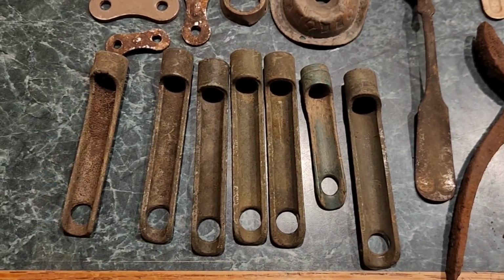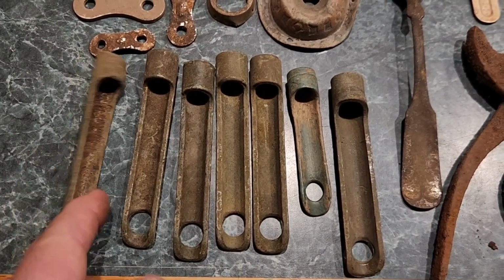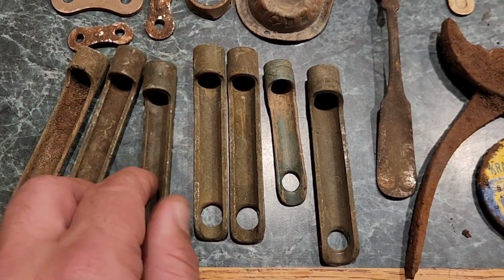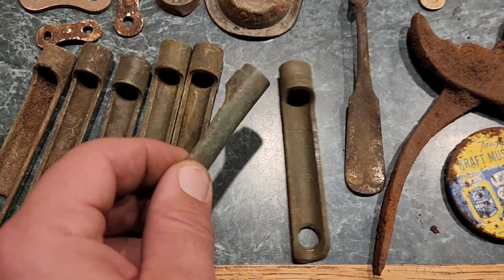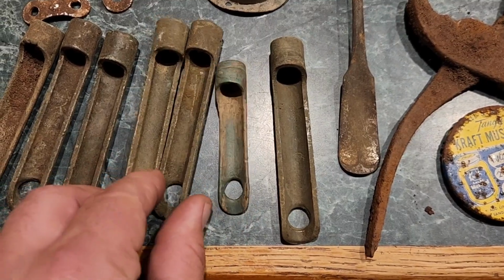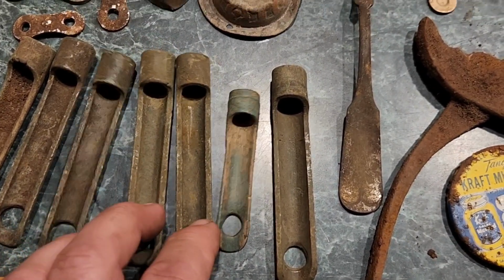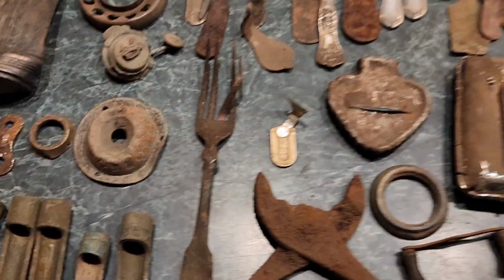And then these army tent rope tensioners. These are all from the not Civil War. They were from the CCC camp. This one might have been like a Civil War vintage because it's much older and made out of something else. But these are kind of more modern. Some people still buy those and use them for putting up their tents. But